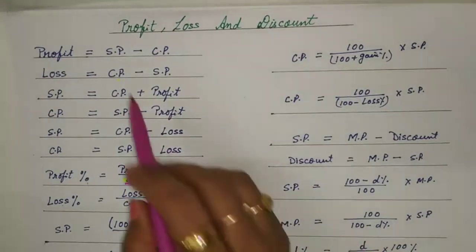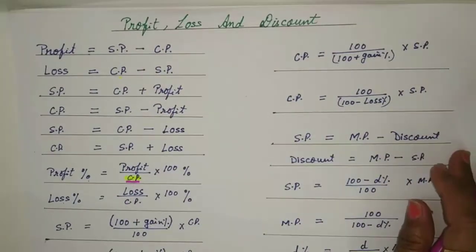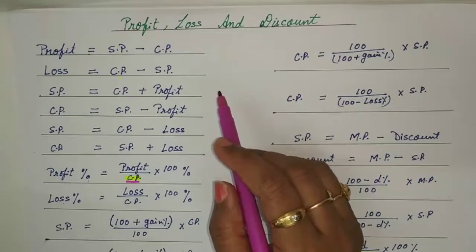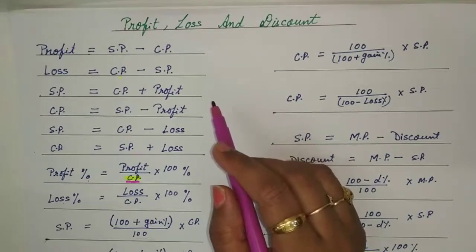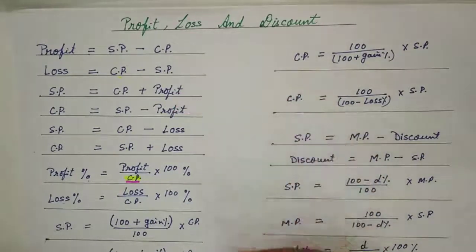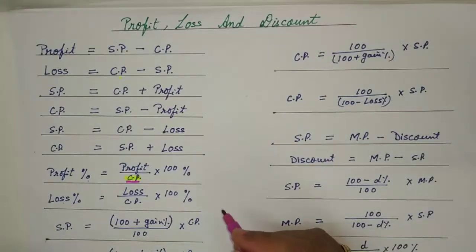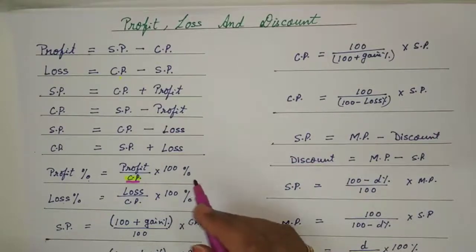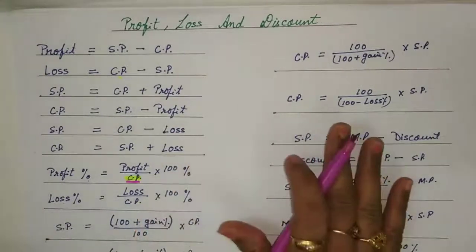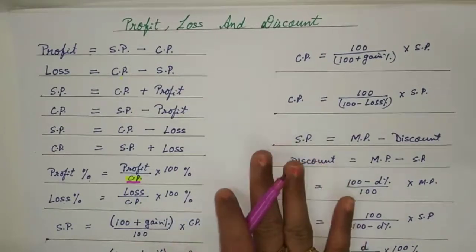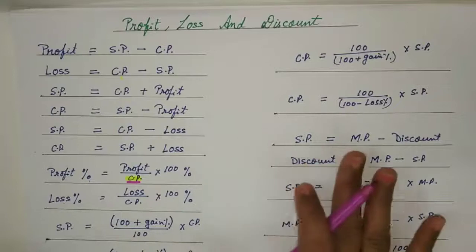Today we will study profit, loss and discount. This chapter is very interesting and simple also. You have done a little bit last year, but to begin with, I have written down all the possible formulas that you will need to solve the exercise here. Please learn them properly because it is very important that you write the correct formula and substitute correctly and then solve and write the answer or calculate it correctly.